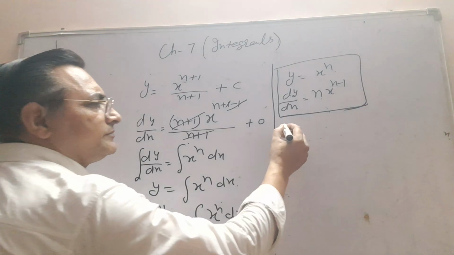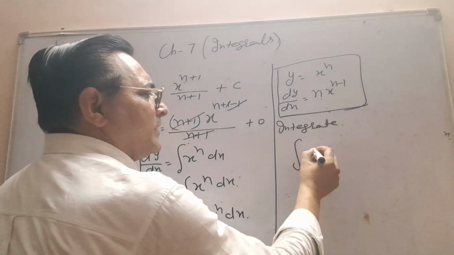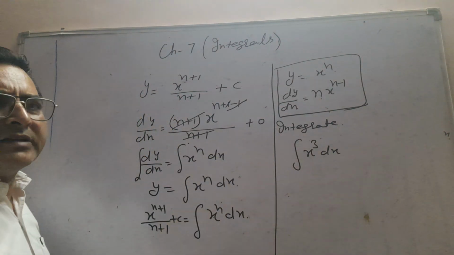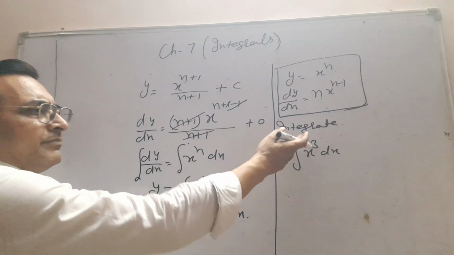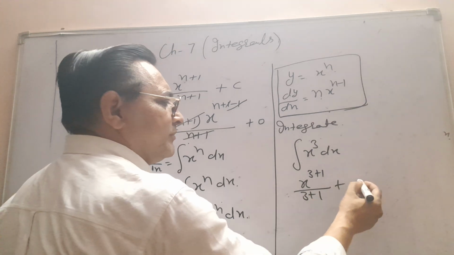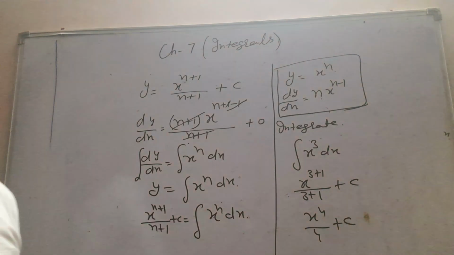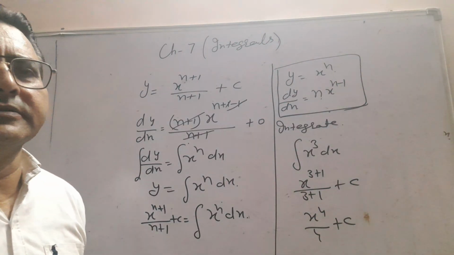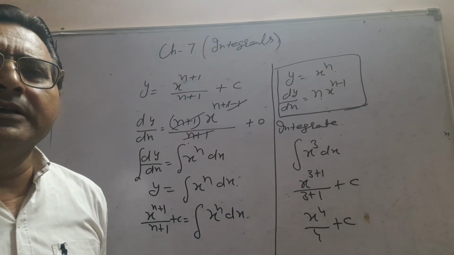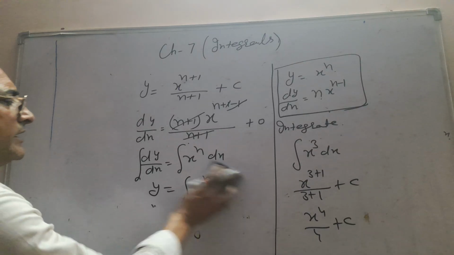For example, I am saying integrate x power 3 into dx. This is the case of x power n. So what we will do is add 1 in the power, x power 3 plus 1, the same in the denominator, plus c, so x power 4 by 4 plus c. This is the case of the algebraic function, and of only a single function, if a single valued function is given to you. But if there are more than two functions,